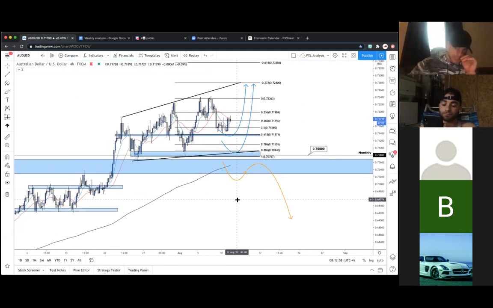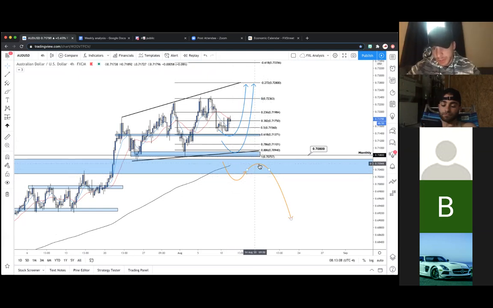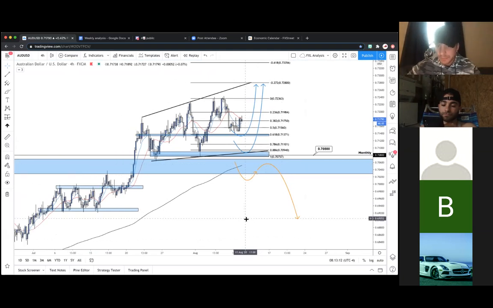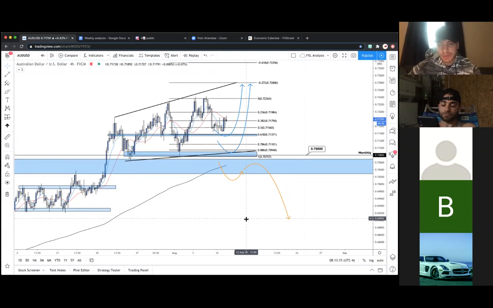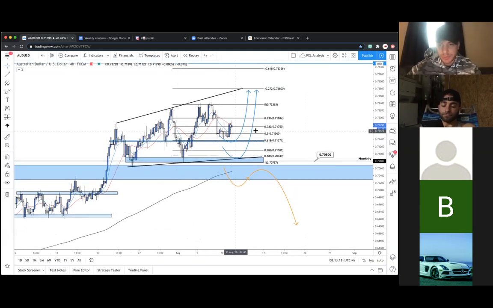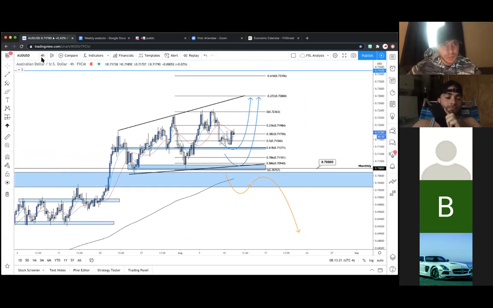So for us to consider short opportunities here, we need to get back below this monthly and confirm this zone through lower highs, right below this support, which would be testing as new resistance. We want to see a lower high here, and then continuation to the downside. So that's what needs to happen before we even start considering short opportunities. But until that happens, we're just looking for these long entries. So let's go to the 1-hour real quick.